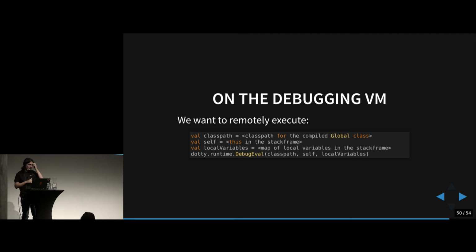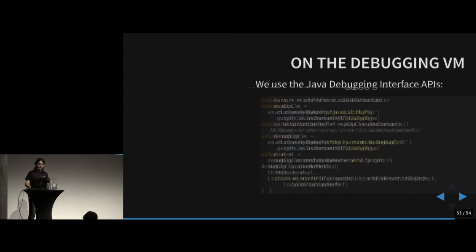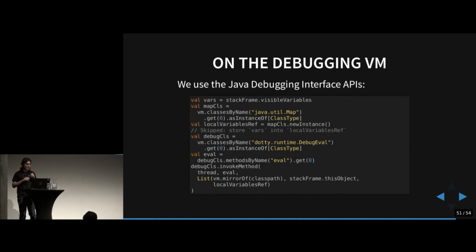We're going to get a class path for the class we just created. We're going to get the self variable, the list of local variables, and then we're going to do a magic remote call. And the JDI APIs are absolutely horrible, but this is completely possible. So if you do all of that,